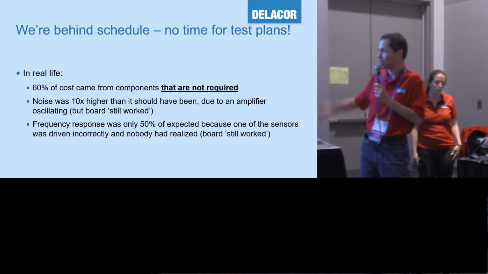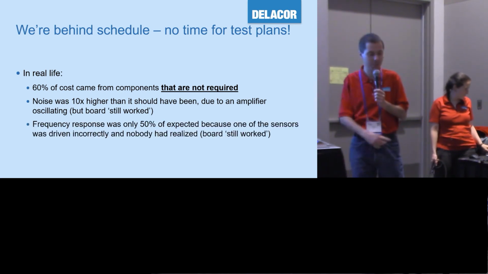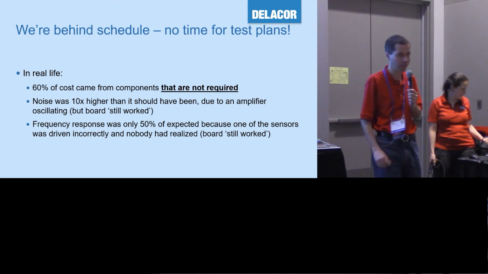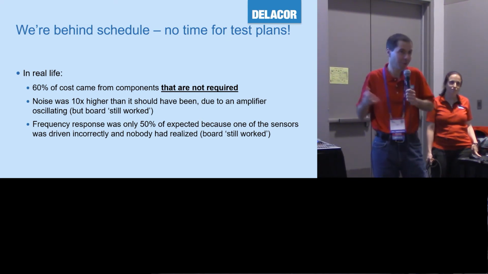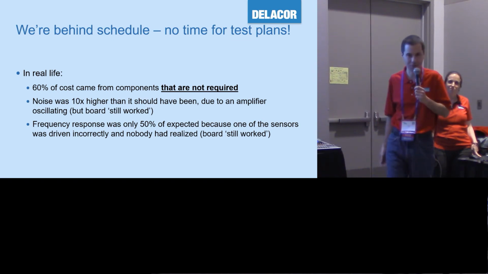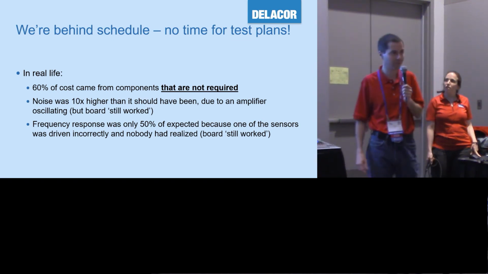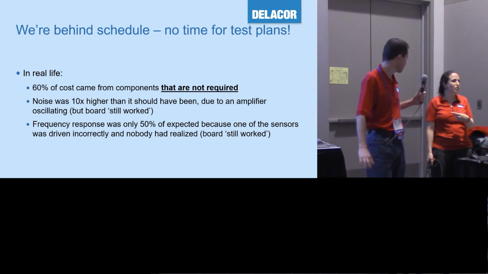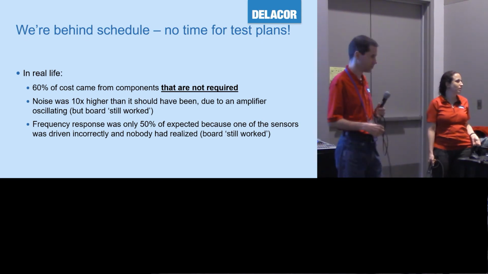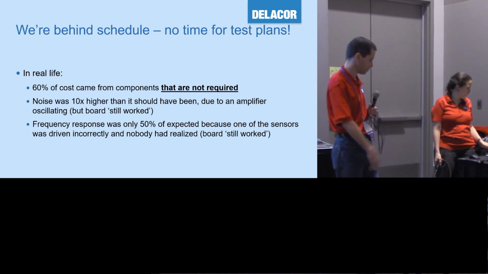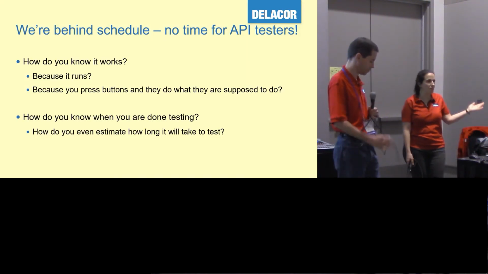And then finally, some other circuit had a frequency response that was only half of what it was supposed to be because nobody had ever bothered to put a scope on it and check it. It worked. You got data, things came across. It was just only half as good as it could have been. A good example of this in software is the magic delay fairies, right? Where people put in a wait of 10 milliseconds and then they upgrade LabVIEW and the wait no longer works. So same thing in software.